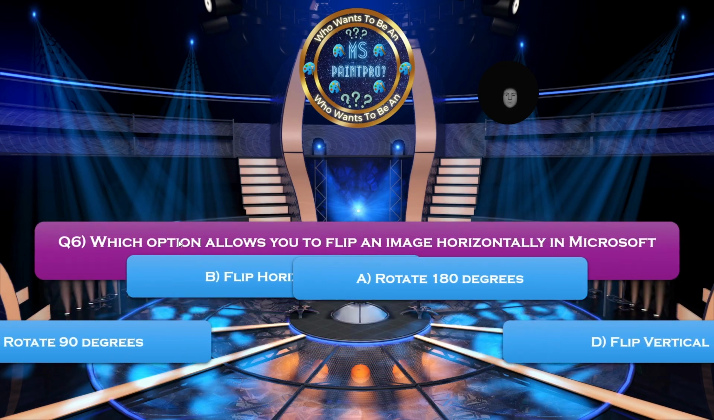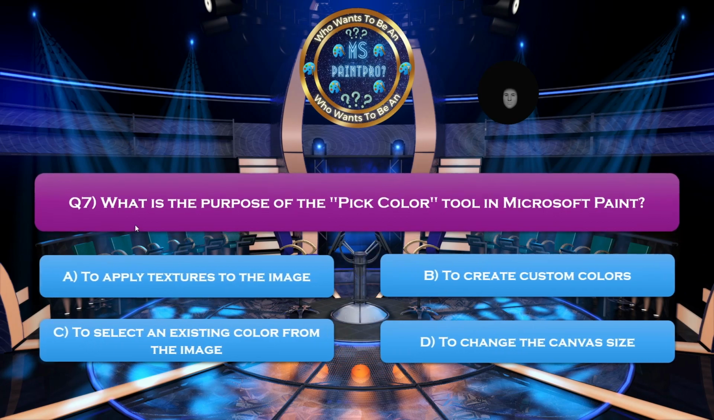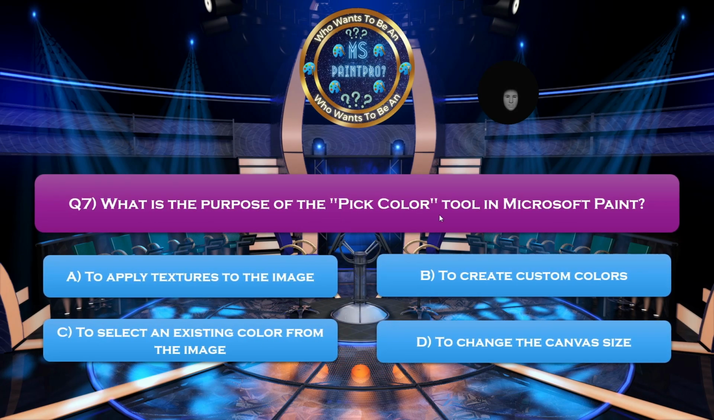Correct. Which option allows you to flip an image horizontally in Microsoft Paint? Rotate 180 degrees, flip horizontal, rotate 90 degrees, flip vertical. I think option B. Tell me in the comment section what you think. Okay? Correct. Next, what is the purpose of the pick color tool